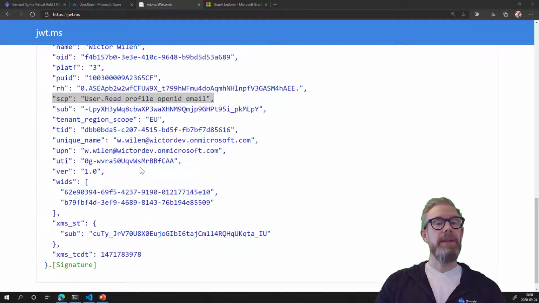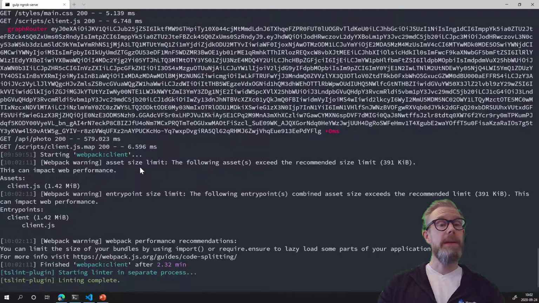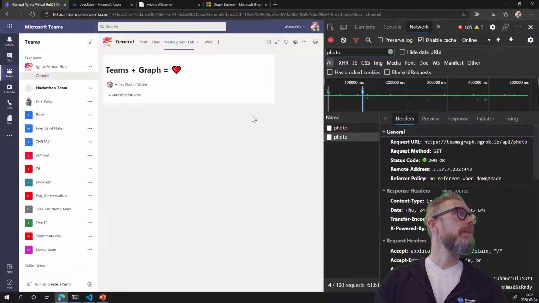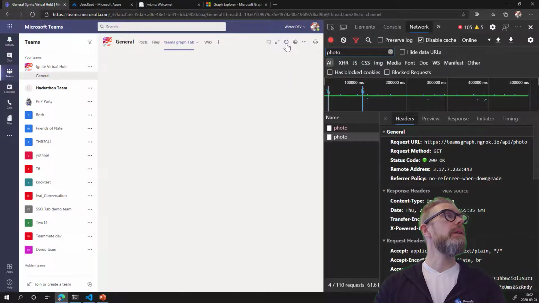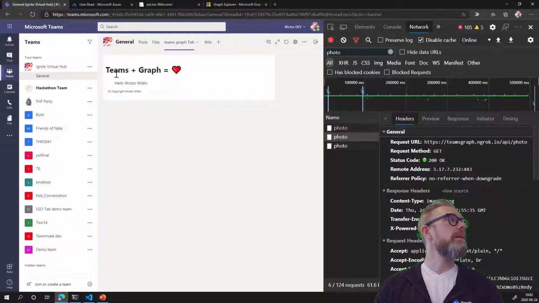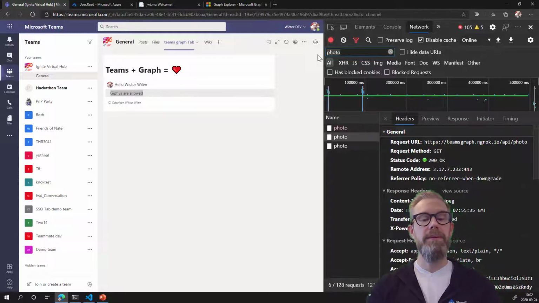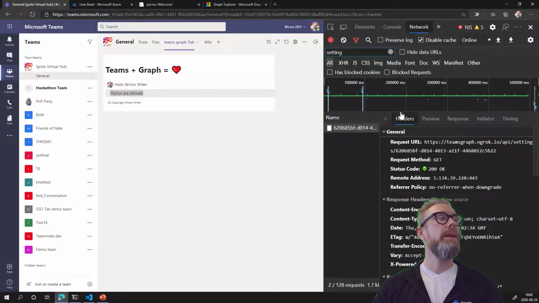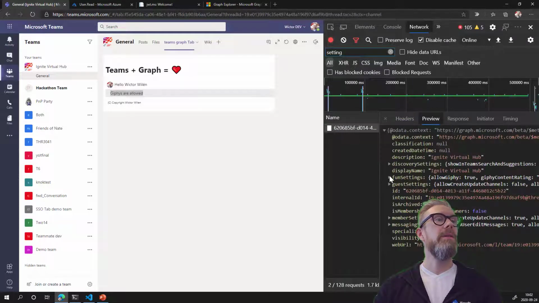So if we go back to our application, and hopefully it's built, our application is now built, so that we can go over to the tab again and just reload it. If we reload the application, we can now see that we have the picture, we get my name, but we also get GIFs are allowed, and that's part of what we retrieve from the settings. So you can see here is my call to that API. So API/settings and then the group ID, and what I receive back is all the settings,